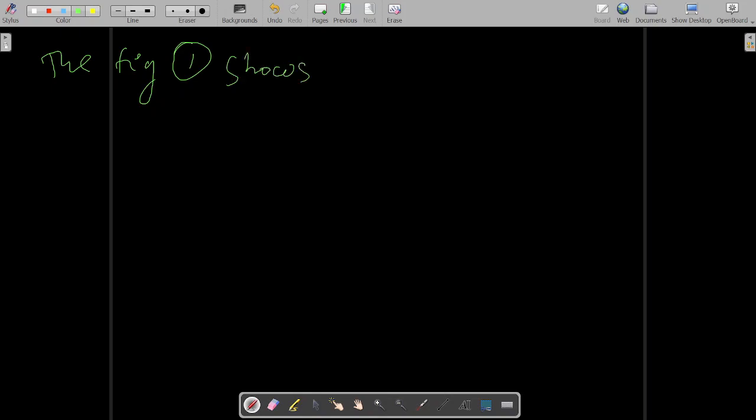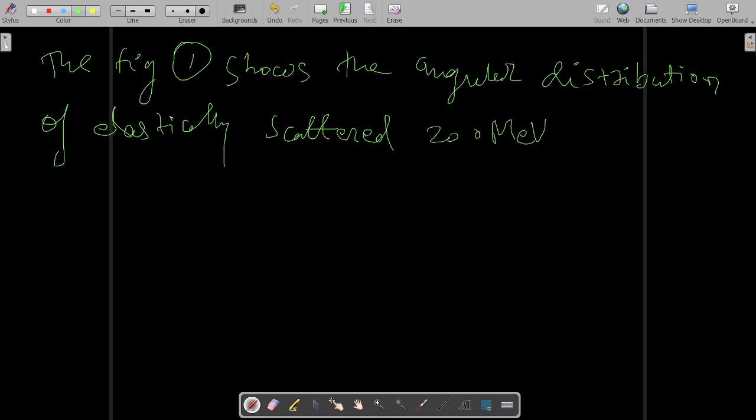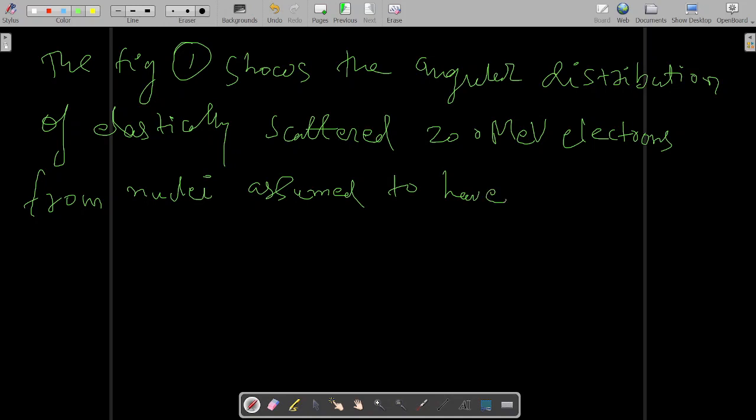The figure 1 shows the angular distribution of elastically scattered 200 mega electron volt electrons from nuclei assumed to have spherical